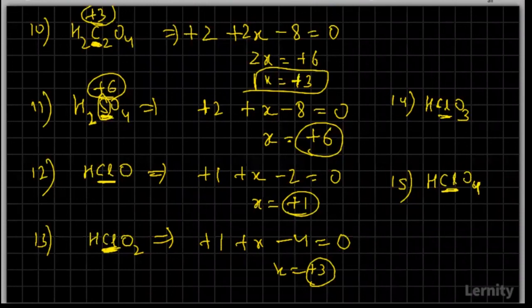Okay, I should repeat the name. Better I'll write the names. Okay, after this, I'll give you a few questions for homework. Okay, you want me to answer the name of the 15th question compound. This is perchloric acid. This is chloric acid. So in this case, we'll find it as +5 and here it will be +7. Good.